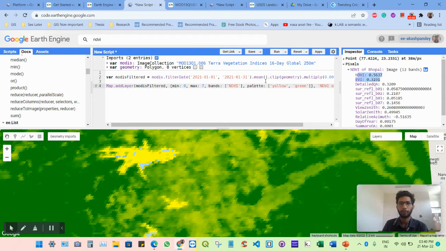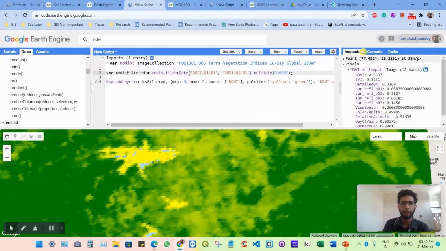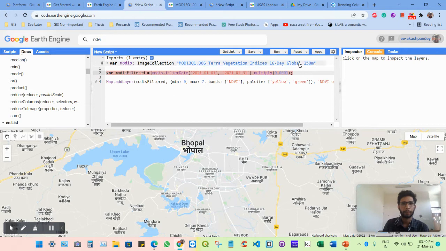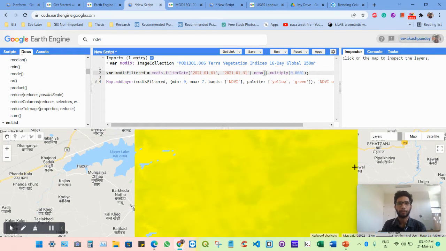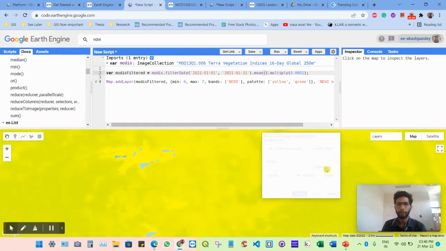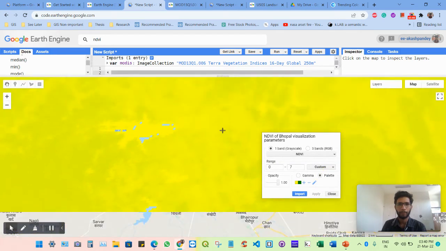So if you don't want to work with the geometry and you want to work at the global level, you can delete that clip function. You can delete the geometry and click run. Oh, sorry, we have to use the reducer also. We deleted only the clip function and the geometry. And you can see now,